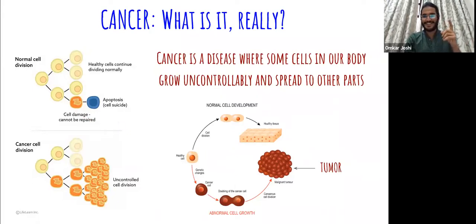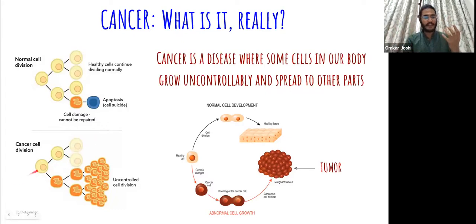Okay, that's great. So when cells get damaged to an extent where they cannot be repaired, that is when the cells commit suicide. It is called apoptosis, also called programmed cell death. So you damage a cell, it will try to repair itself. If it is not able to repair itself, a normal healthy cell will decide, okay, I am too damaged, let me die. So the cell will die off. And this is the body's defense mechanism against things going wrong and for diseases like cancer to progress.